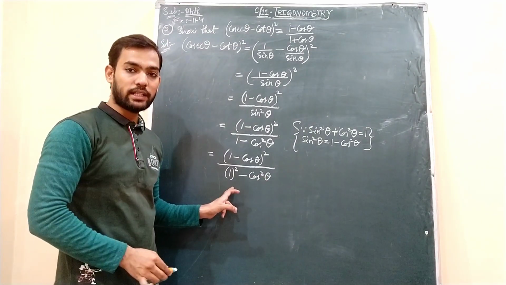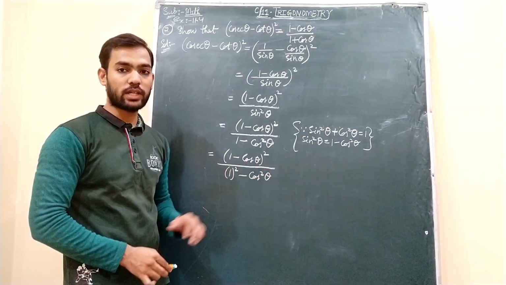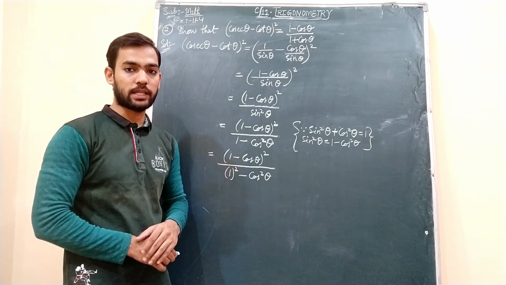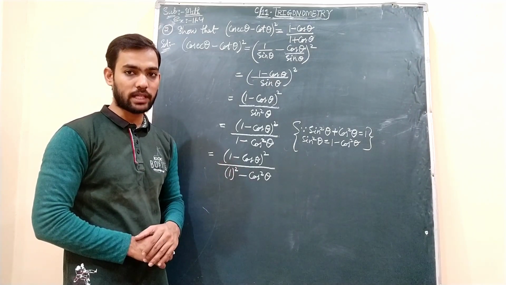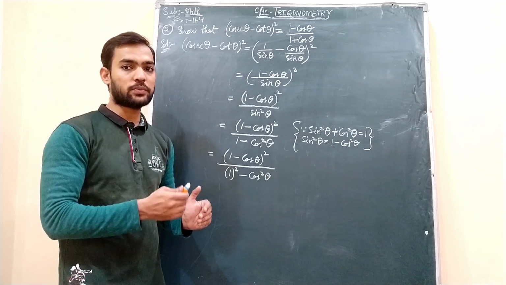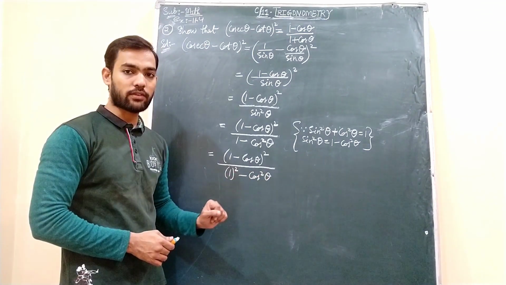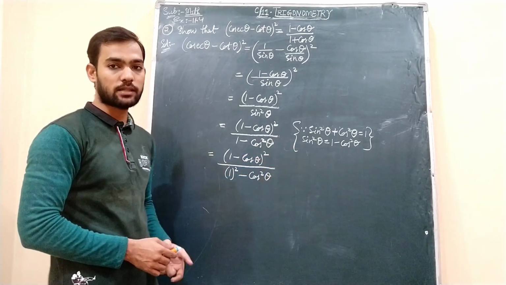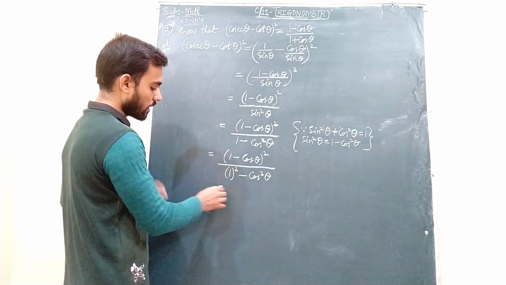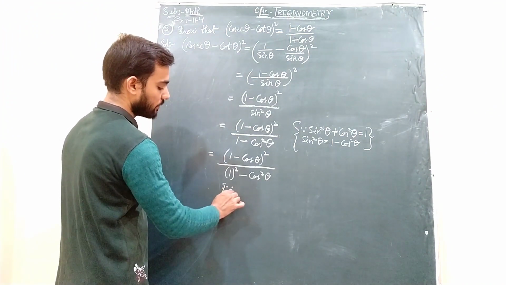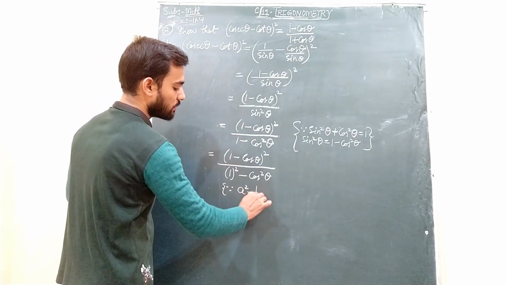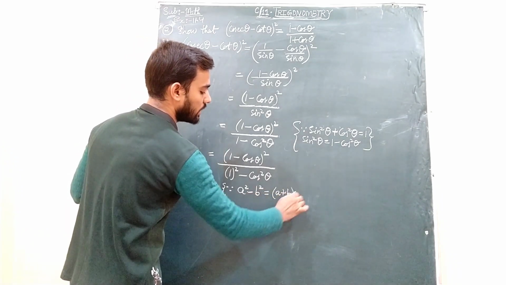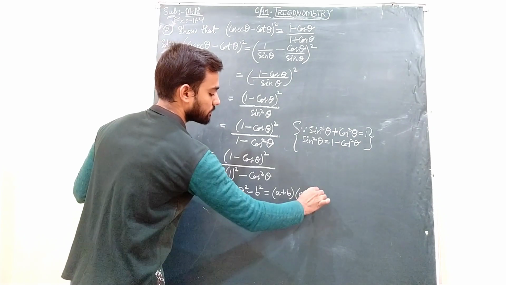Now it is one identity, a square minus b square. We have seen in the first question we were having a plus b into a minus b, then we converted it into a square minus b square. Here it is the reverse process. A square minus b square you have, so it can be written as a plus b into a minus b. Understand? So I'll write over here identity first: a square minus b square, if I have, I can write it as a plus b into a minus b.